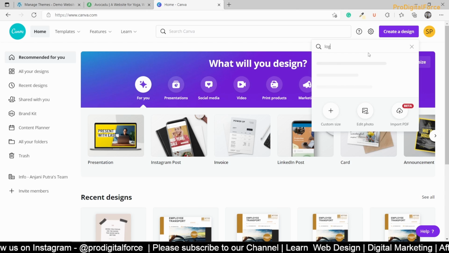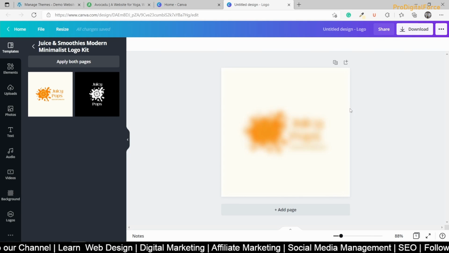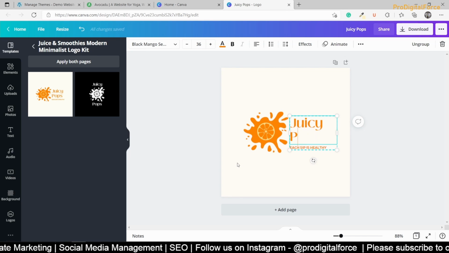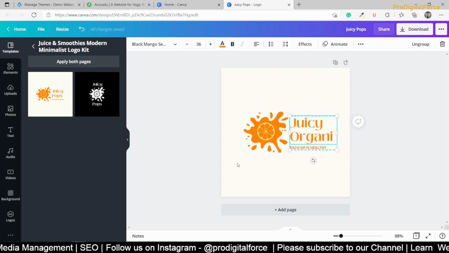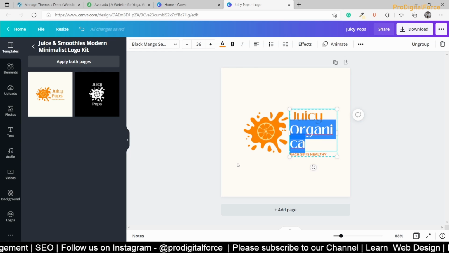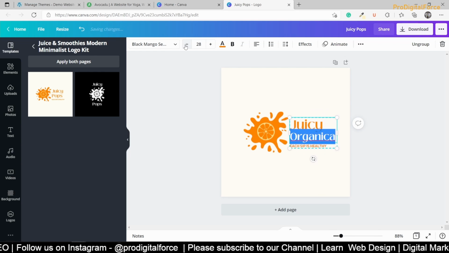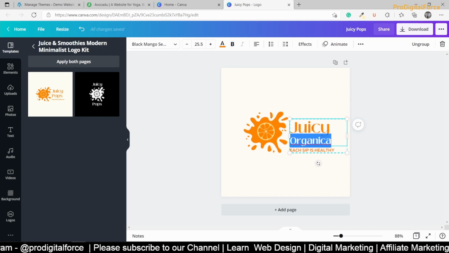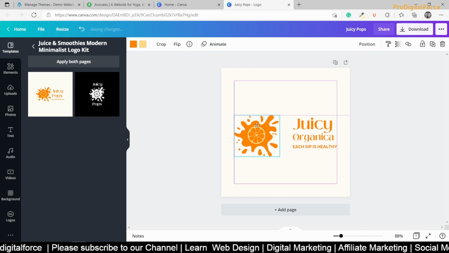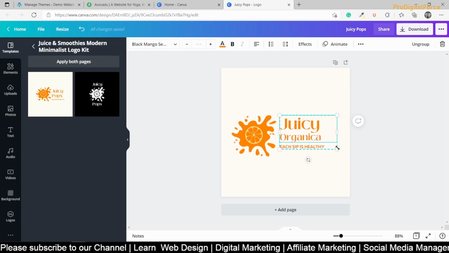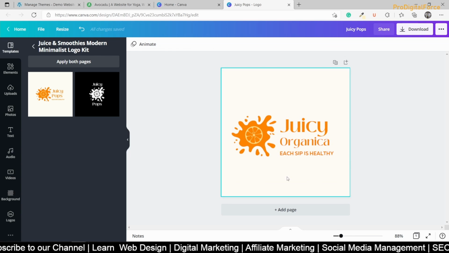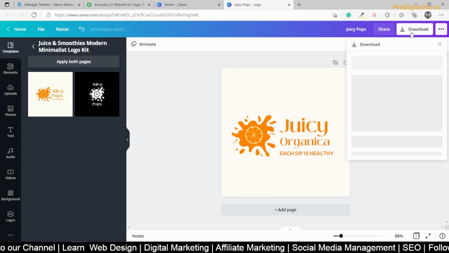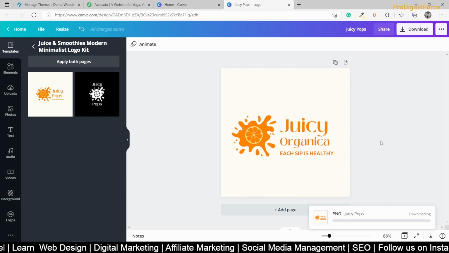We can go to Canva and create one design here. It's a logo. Okay, so we'll take this. We are creating a small logo. Then I'll just resize it according to this. Something like this, you designed your logo. Okay, so I'll download this. Again, I'll select a PNG format. Download.